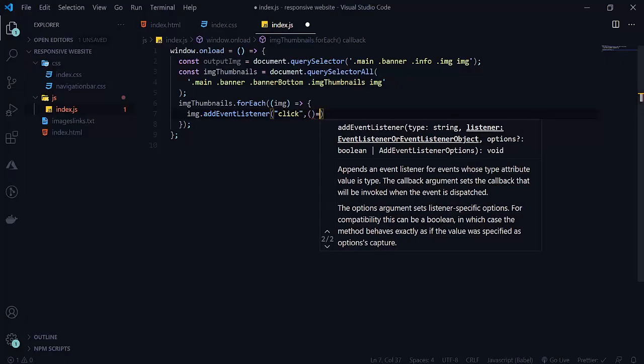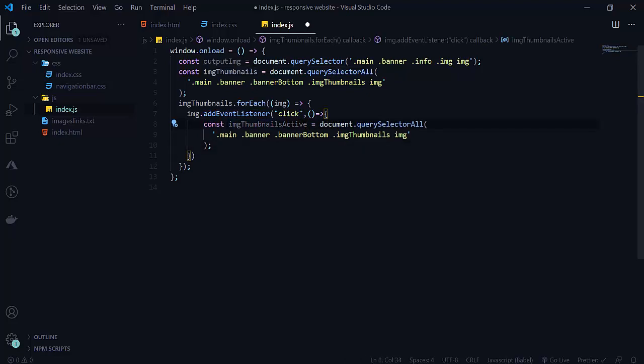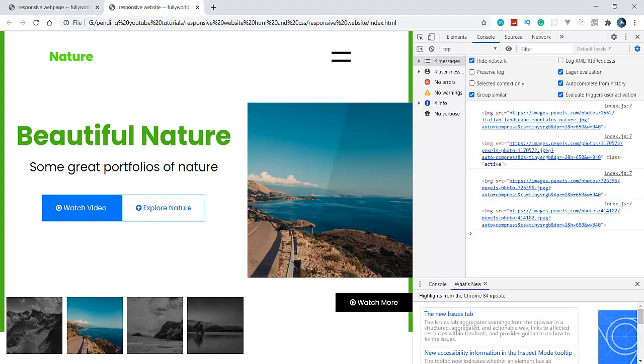So now we want one function here. Here we want to take our active class. For that I am copying this, and in the image thumbnail we want active here. So here we will apply dot active, because image dot active is what you are also seeing here.